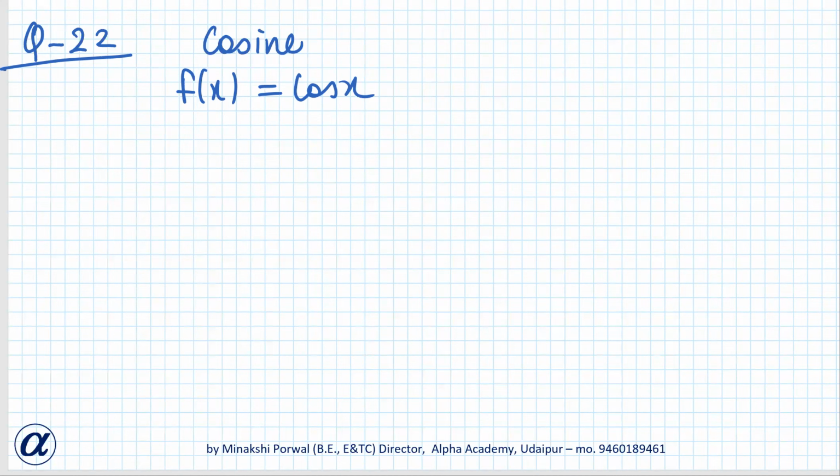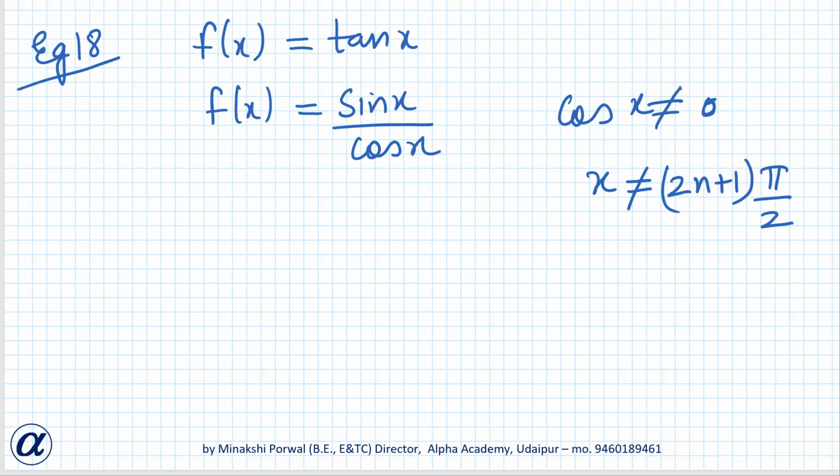Example 18 we have done just now. Tan x is sin x upon cos x. Sin x is a continuous function. Cos x is a continuous function. So fx is a continuous function. We can write it this way: since sin x is a continuous function,